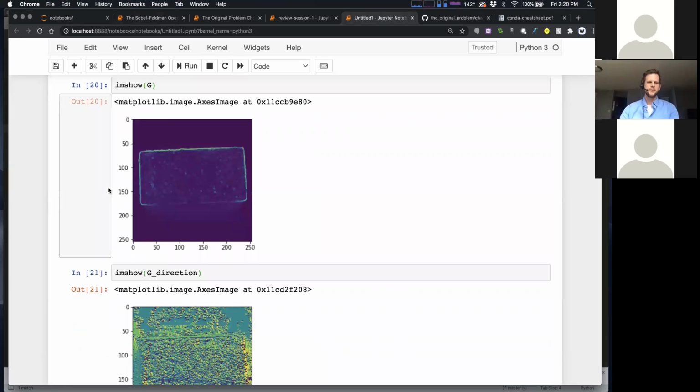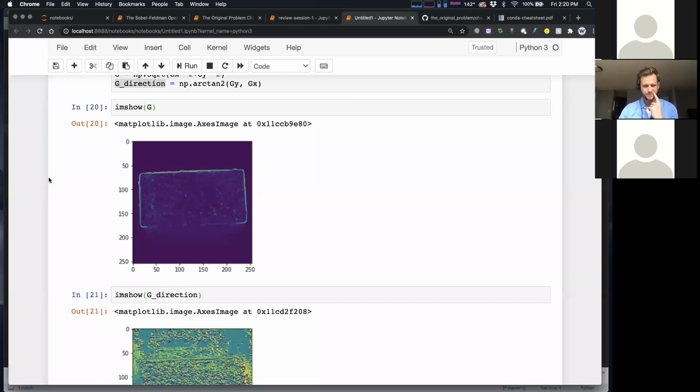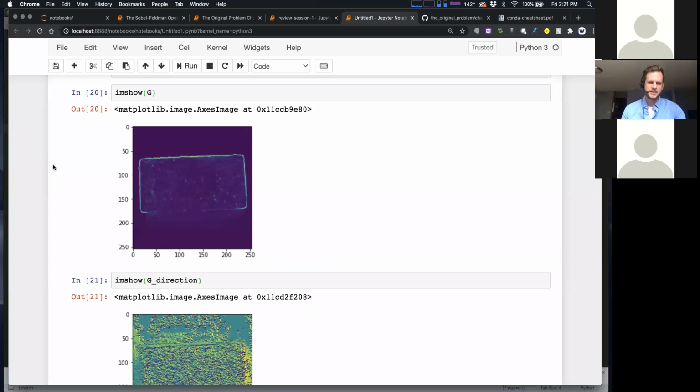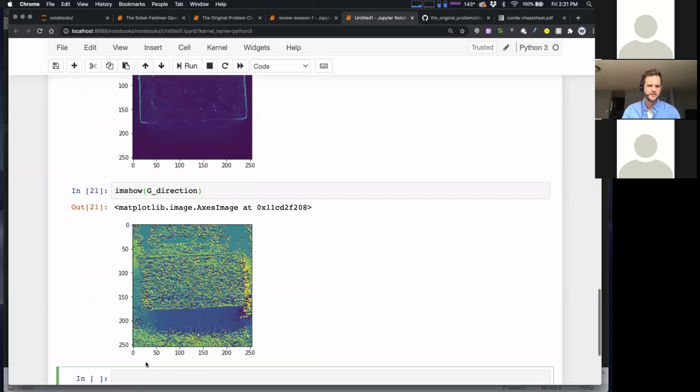But just to give you one idea about how you might go from edges to figuring out if something is a brick or a ball, for example. So let's explore an idea about the direction of the edges. I have a theory, which is that if we look at the distribution of the direction of our edges, then we'll see different kinds of distributions between our balls and our bricks. Let me get into that in a little more detail here. What I want to do is grab the direction just at the edges, like we did in class. So let's cover how to do that.